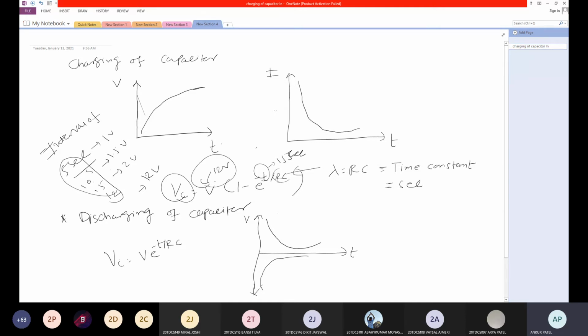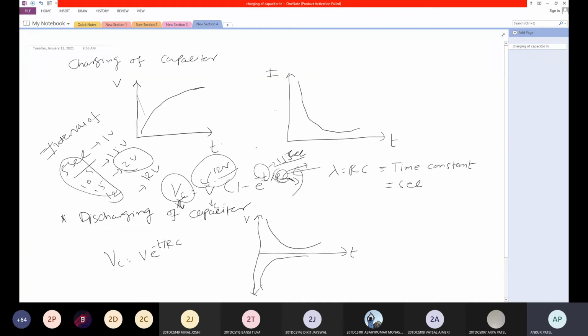This is your RC. Don't use this Vc, because you need to find this Vc theoretically. Suppose I want to find it at 50 seconds, then just use this 15 second reading. The R and C values will be there theoretically, and this 12 volt, so accordingly you will get this Vc. Then compare it with the practical reading.